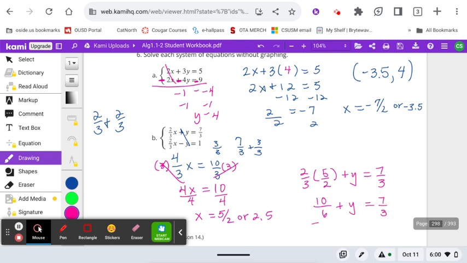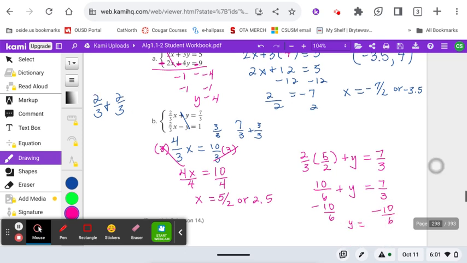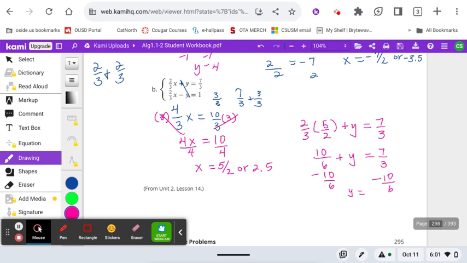I'm going to be subtracting 10/6 from both sides. And I'm going to get y equals. Now for me to do 7/3 minus 10/6,